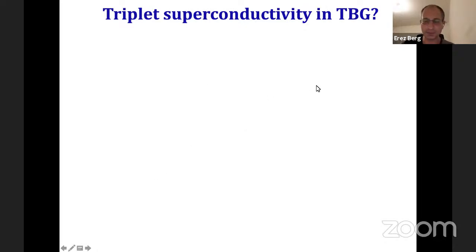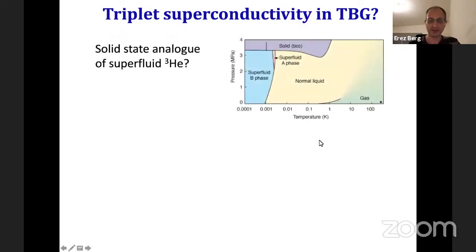The hypothesis is that twisted bilayer graphene and its relatives are a good place to look for triplet superconductivity. That's what we'd like to find. It's not been totally established yet, but hopefully maybe it will be. What we'd like to do is basically to find a solid state analog of the only really good, well-established triplet superfluid that we have, which is helium-3. This beautiful system of helium-3 atoms has a very rich phase diagram as a function of pressure and temperature, and there are several different superfluid phases. All of them are spin triplet, and that's very, very well established.